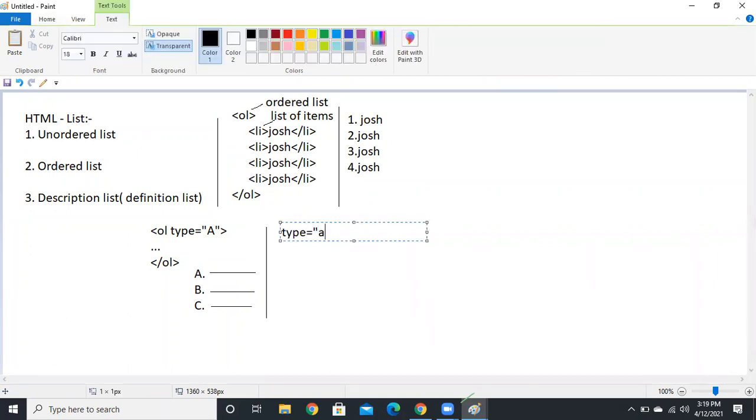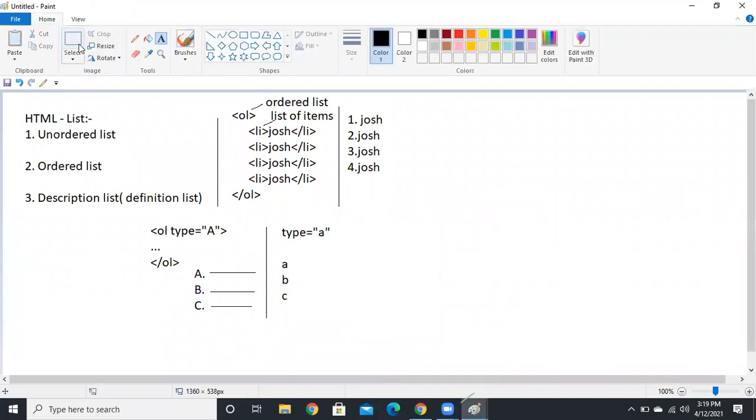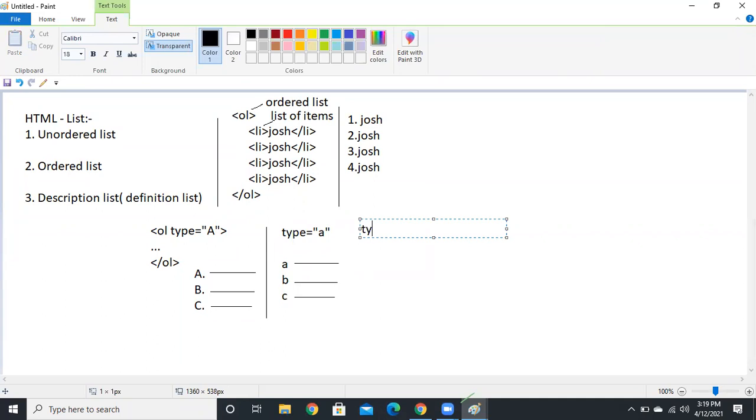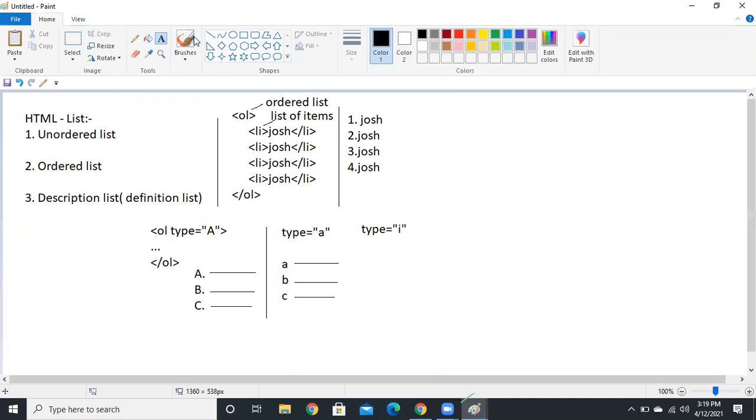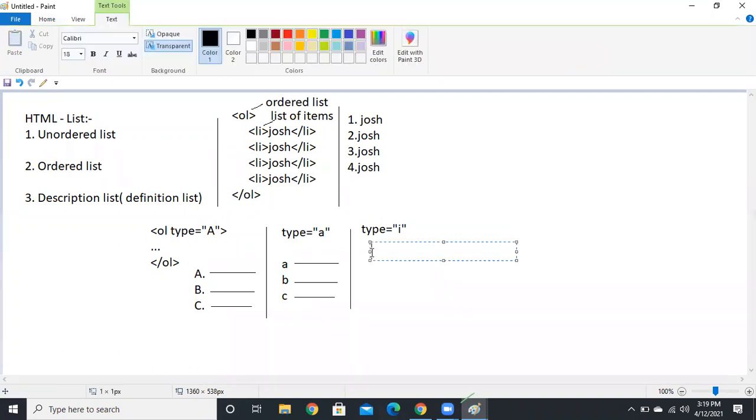Next, type is equal to small a, guys. And you can use type is equal to capital I, guys. You will get the Roman letters. Small i and capital I, both can be used.